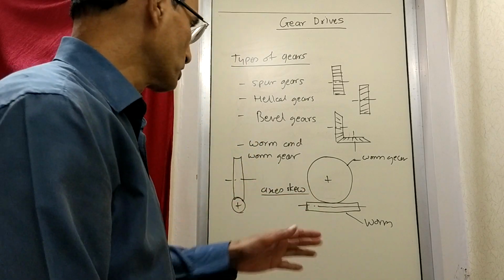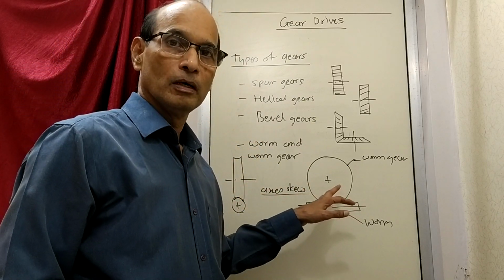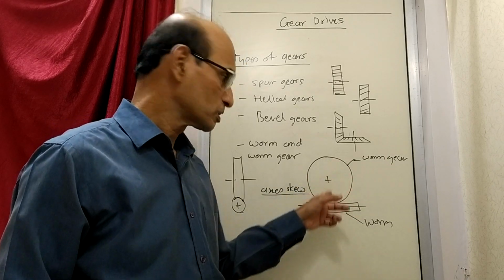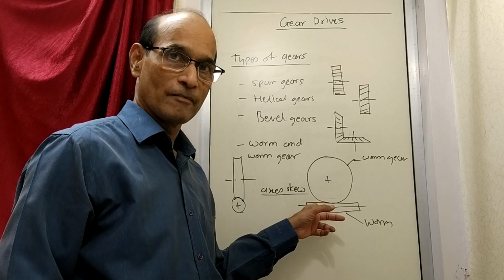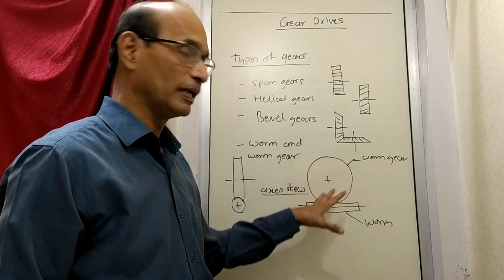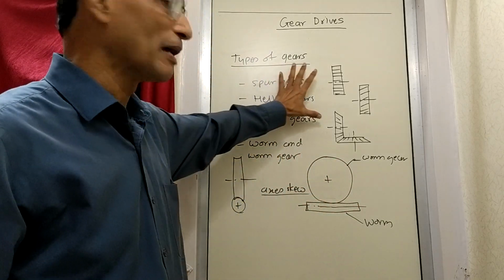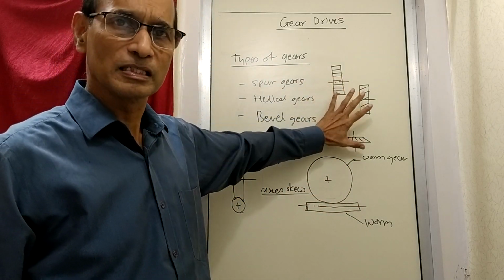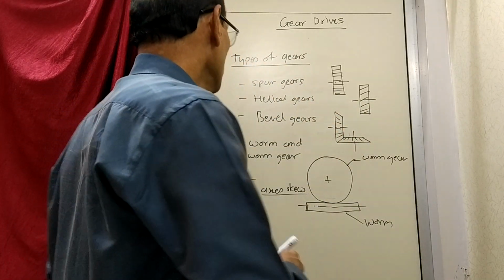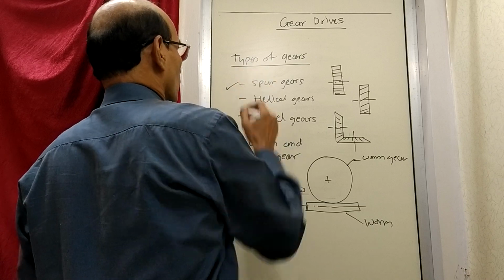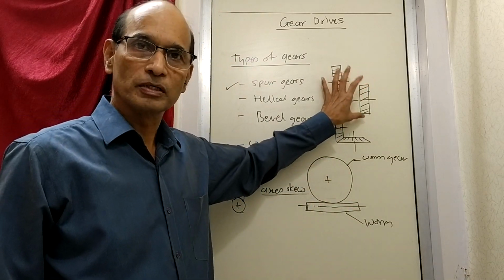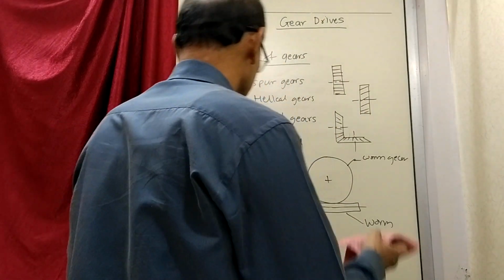Now here again power is transmitted from one place to another. It comes from the worm and it goes to the worm gear. So this rotates first and the power goes to the other part, that is the worm gear, and that is how the power is transmitted. So this is a simple classification of different types of gears. Now, to start with, we will concentrate on spur gears, and then we will see some of the terms that are used in the case of a gear.